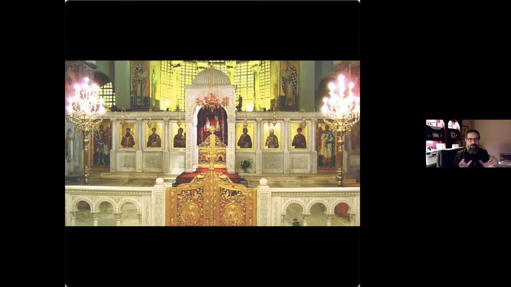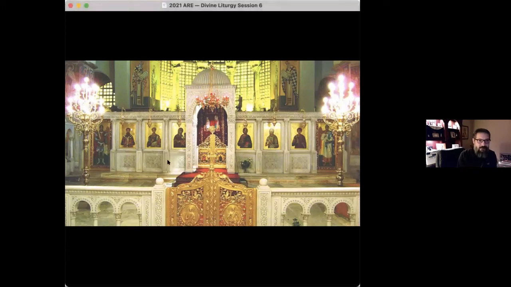You need to be able to set aside space that is for one purpose and one purpose only. And that's another reason why the sanctuary is what it is, the sanctuary, that place that's set apart, that only certain people have a need to be in. And in this case here, what we see here at St. Demetrios, there's even this